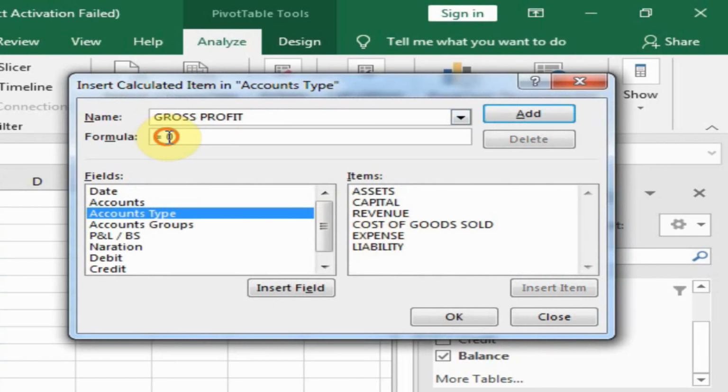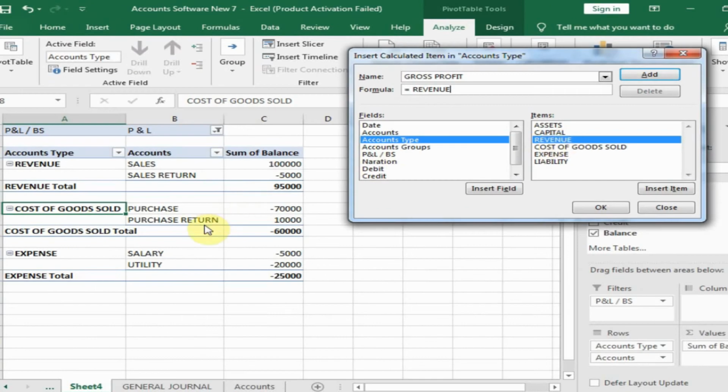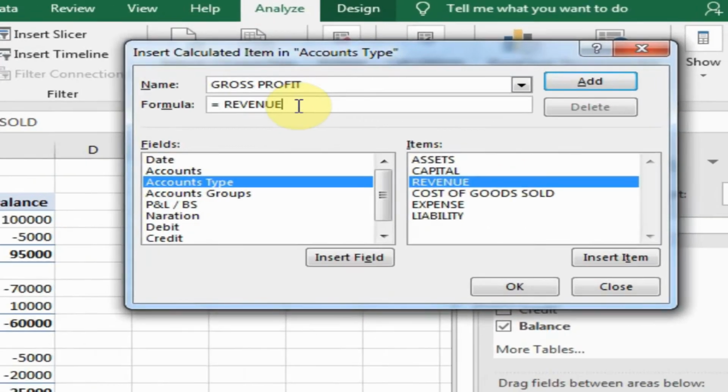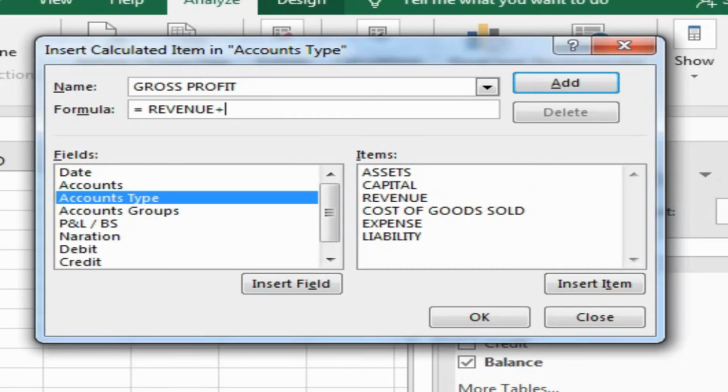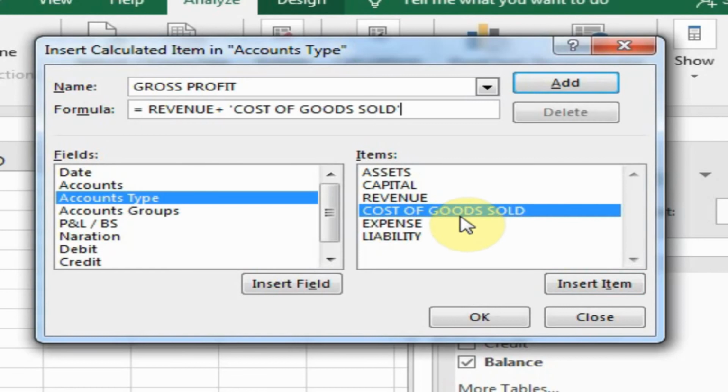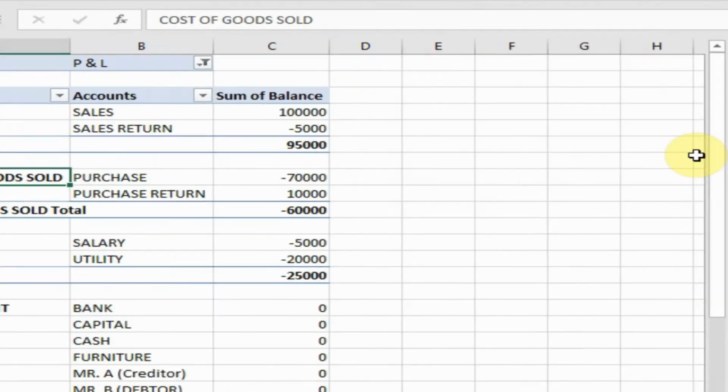In the formula, I subtract the cost of goods sold from revenue. Just double click revenue here. If I type a minus sign it will be plus, so I will type a plus sign for subtracting cost of goods sold, and click add and click OK.